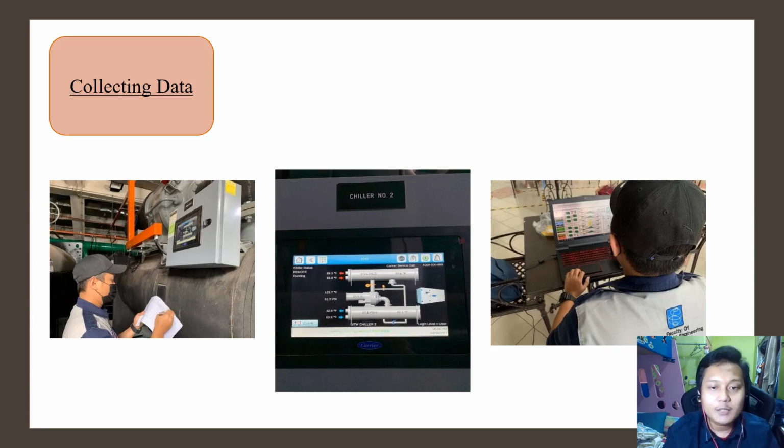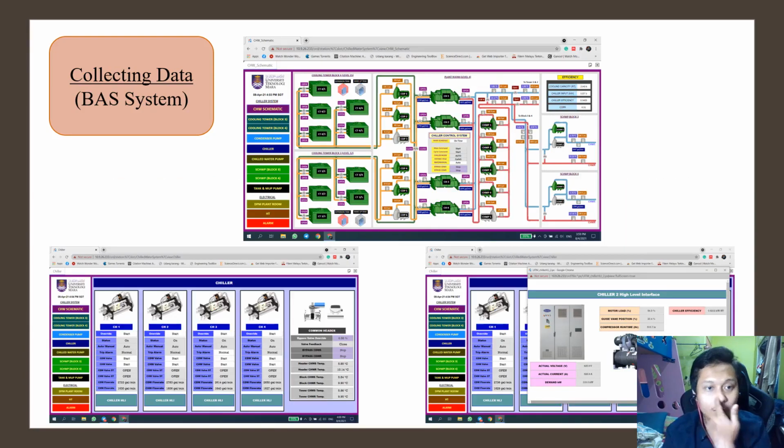This is the image when I'm collecting the data from the digital panel at the chiller, and this one is from the BAS. We need to use the UATM server to log in to the BAS. This is the example of the BAS system,